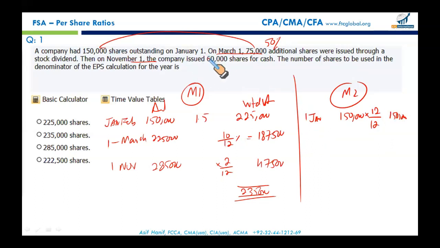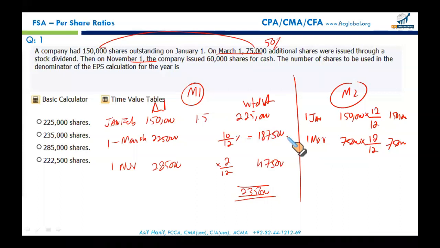Then on 1st of March, we issued 75,000 stock dividend. A stock dividend, even if issued on 1st of March or on 17th of October, or whatever day during the year, will carry the full weight of the whole year, because stock dividends, stock splits, reverse stock splits are assumed to be outstanding for the whole period. So they will carry the full weight, 75,000, which is the same as 150 plus 75, just calculated in the previous 2 to 5.